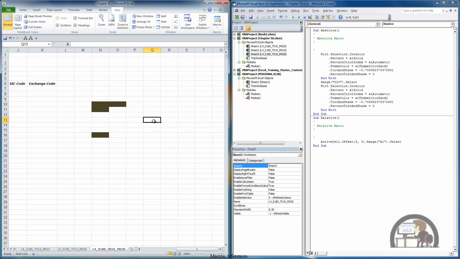A positive number for the row is going down, a negative number is going up. A positive number for the column reference, which is 0 currently, is going over to the right, and a negative number is going over to the left. We went down 3 cells and over 0, and that's what the reference says. So I'm going to fill that cell with the same color,